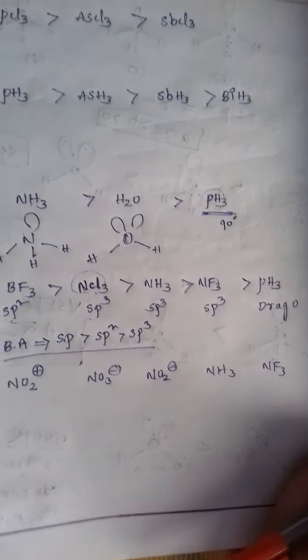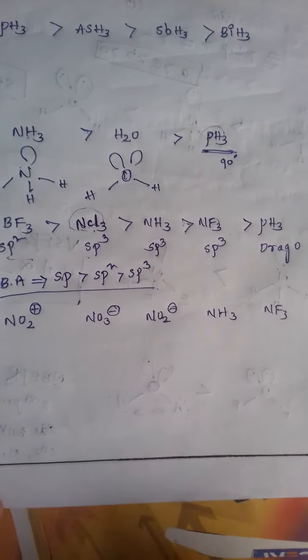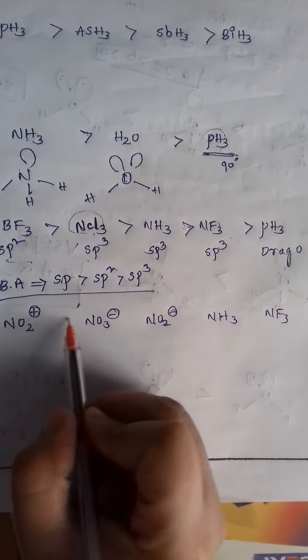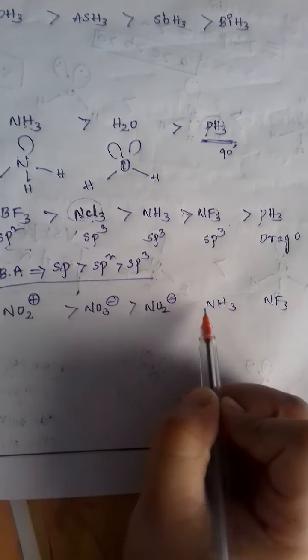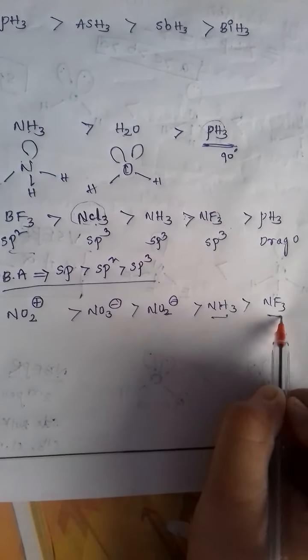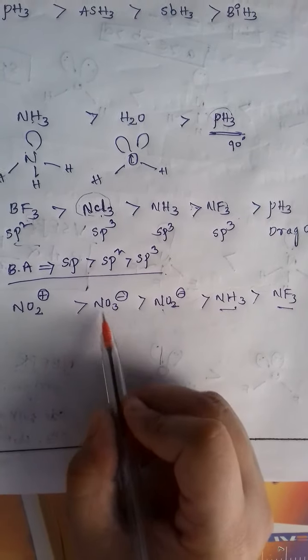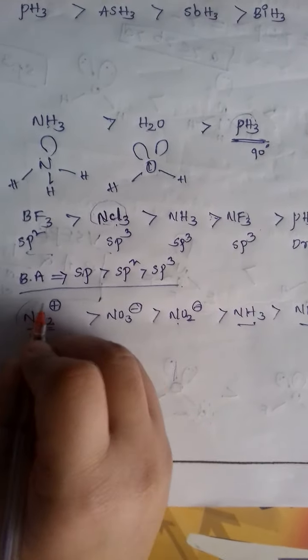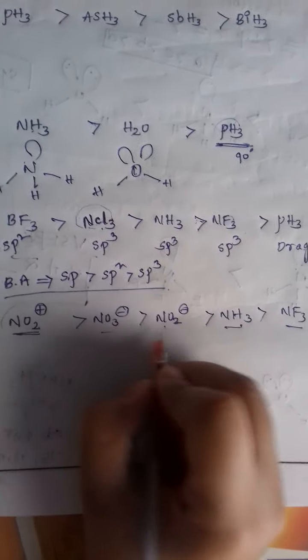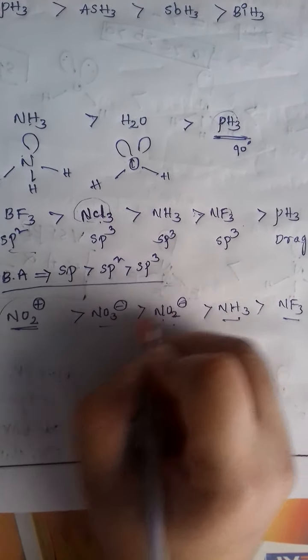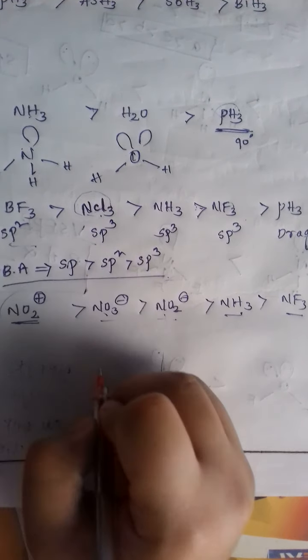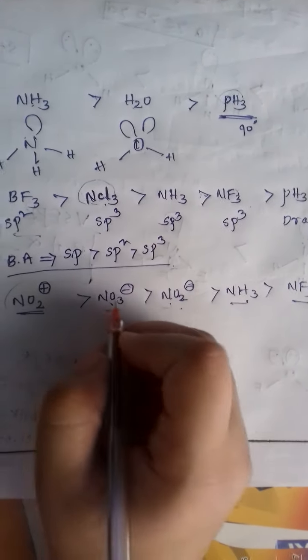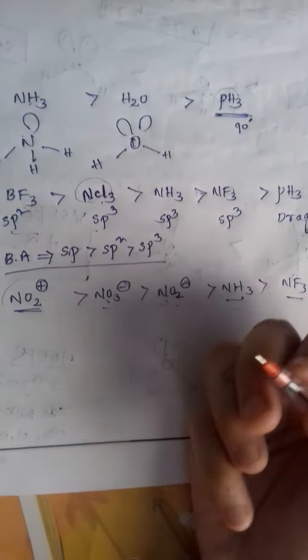Okay, and now let's see this question. Here I'll tell you to always draw these structures. You will see that this order will come like this. This you already know, we have done this. Because of the lone pair, you will understand this is a linear molecule, so its angle of 180 degrees will be more. And here you will see there will be a lone pair, and here there is no lone pair. While drawing a structure, you will see how to draw it. If you don't know, then I'll make another video for you, but for now you understand it.